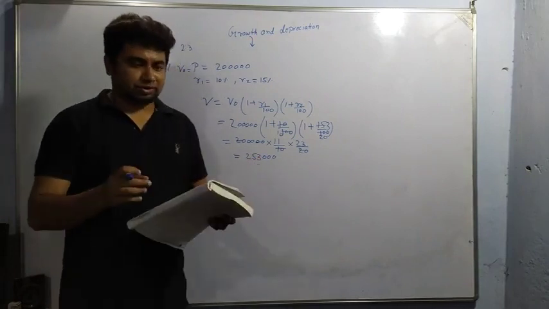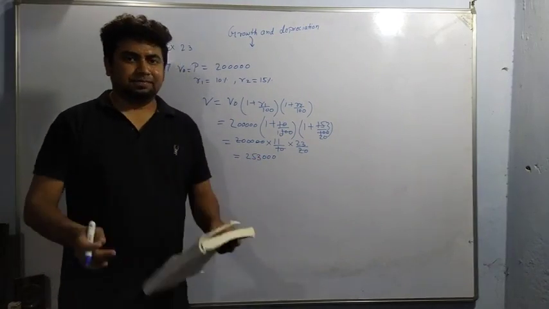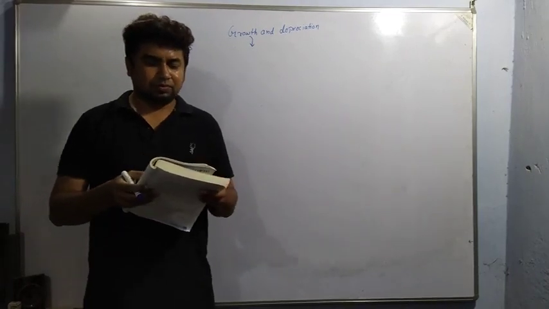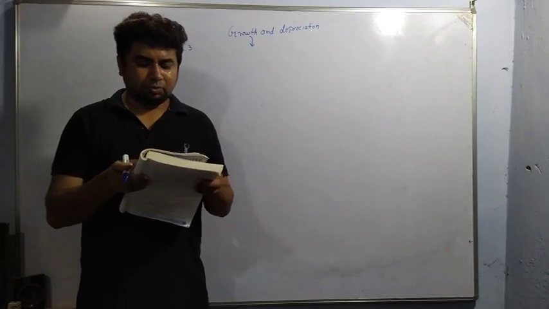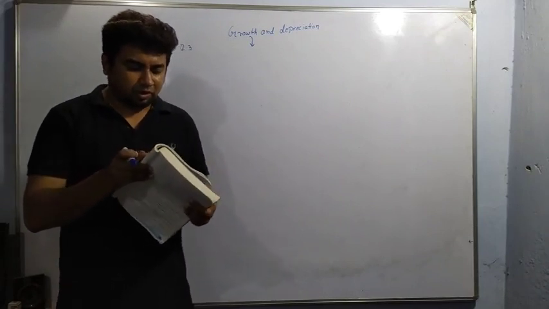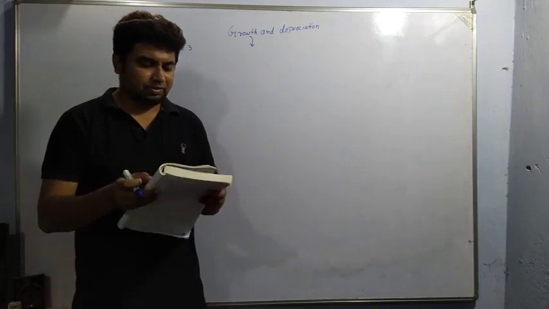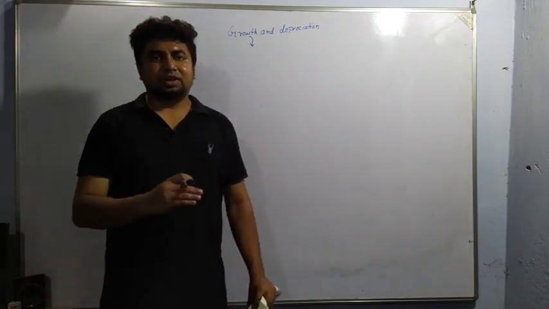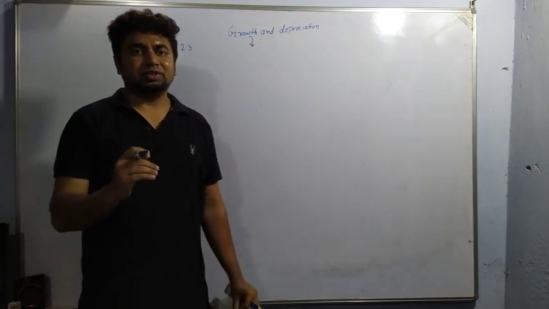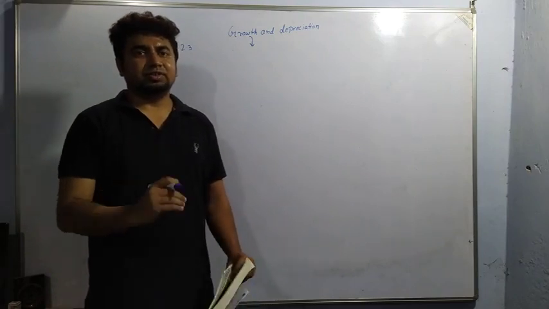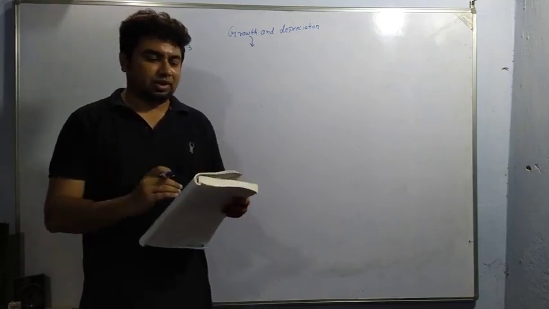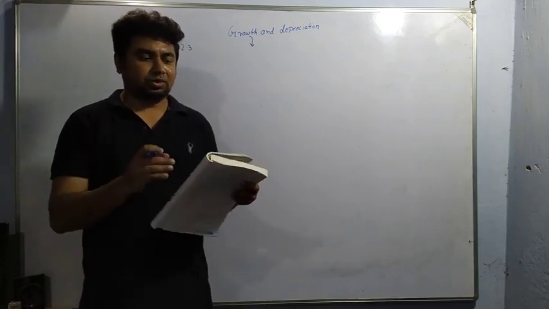So we'll be going to question number 3. In question number 3, it is given, we can go through the question, that the population of a city increases each year by 4% of what it had been at the beginning of each year. It means each year it is increasing. That is the case of compound interest. In each year, the amount at the end of the first year becomes the principal for the next year. So that is similar to the case of compound interest.